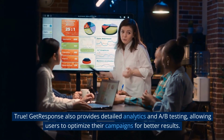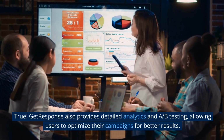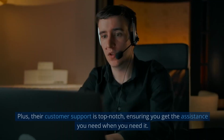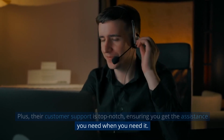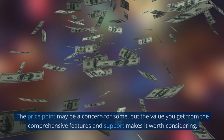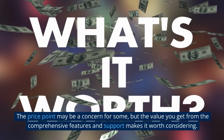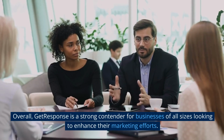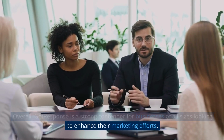GETRESPONSE also provides detailed analytics and A/B testing, allowing users to optimize their campaigns for better results. Plus, their customer support is top-notch, ensuring you get the assistance you need when you need it. The price point may be a concern for some, but the value you get from the comprehensive features and support makes it worth considering. Overall, GETRESPONSE is a strong contender for businesses of all sizes looking to enhance their marketing